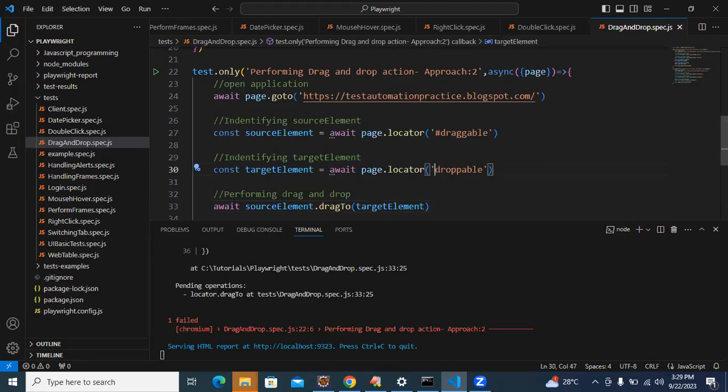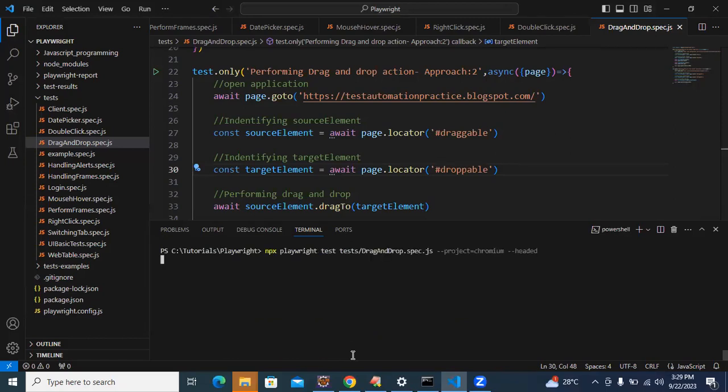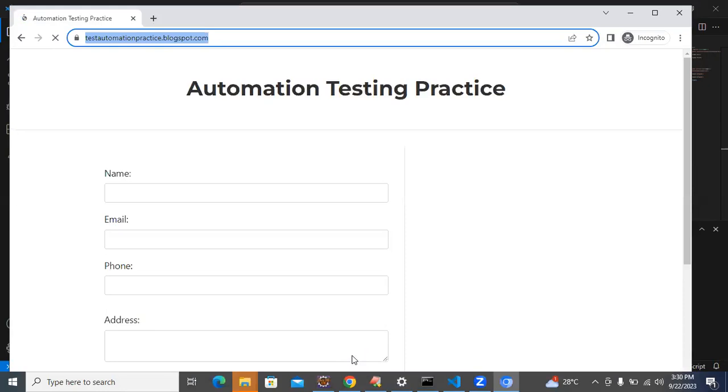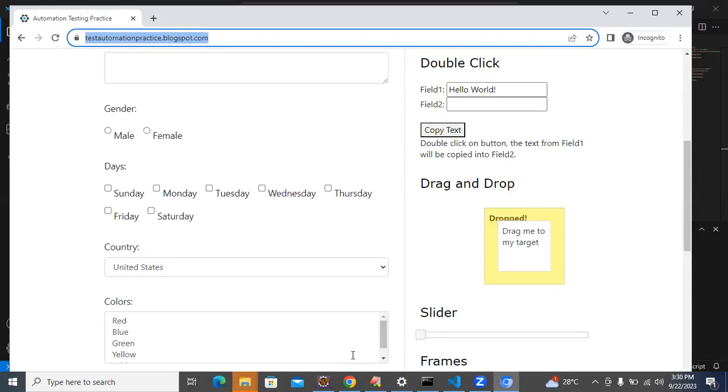Yeah, see, the target is this element, because of the problem with the drag and drop. Right. Okay. So this is drag and